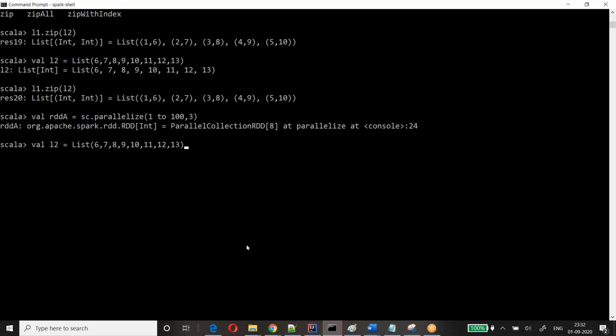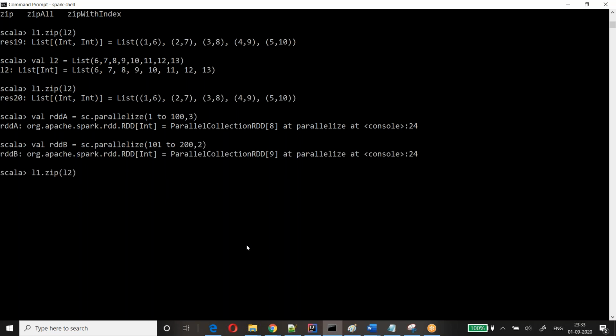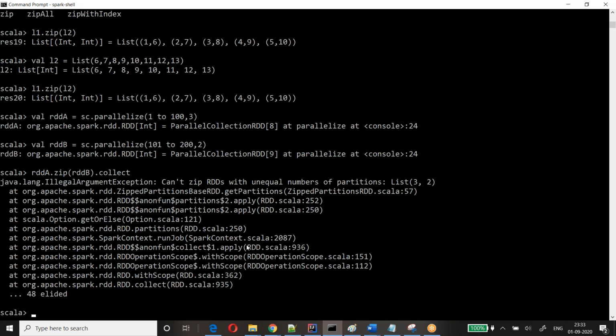That will be 3 partitions. This will be 2 partitions. Unequal number of partitions, but it should be the same. Good point, Venkat. Thanks, Ravi.